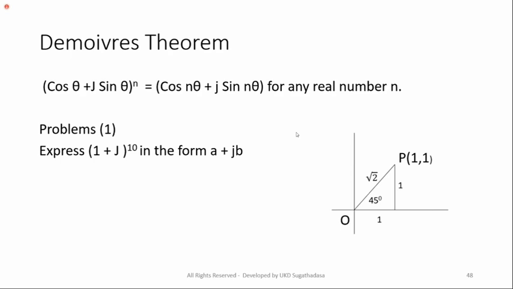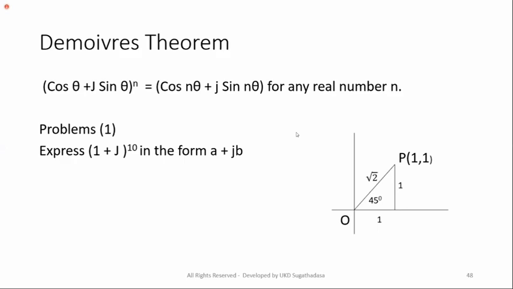Some application. See, the application theory is given there. It's an example problem. Now, how to calculate (1 plus j) to the power 10? Remember, if you want to do this in normal algebra, you have to multiply 1 plus j ten times. One option is the binomial theorem, which you can use; we practiced that in the first semester. In complex numbers, you can do it very easily.